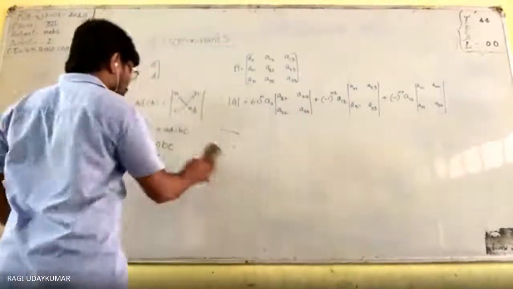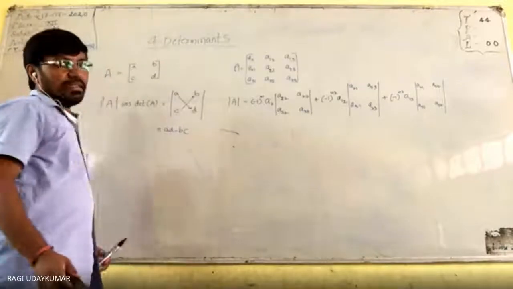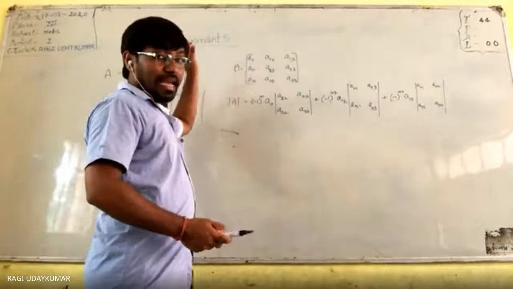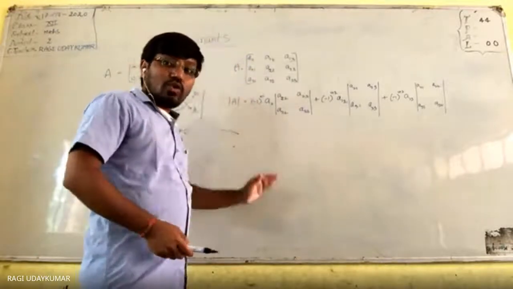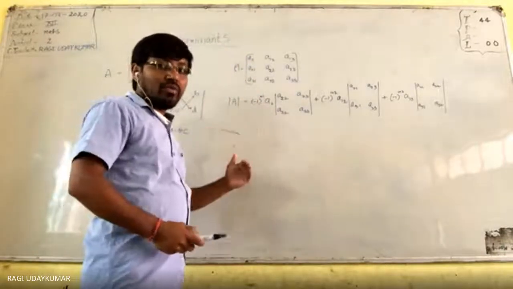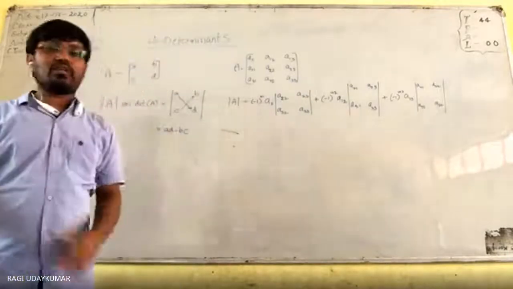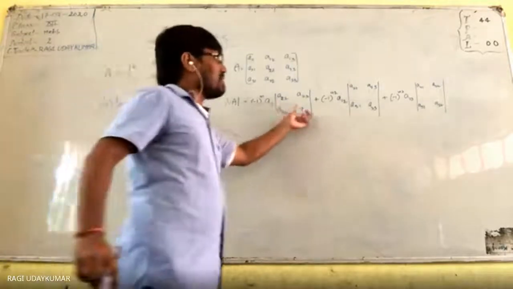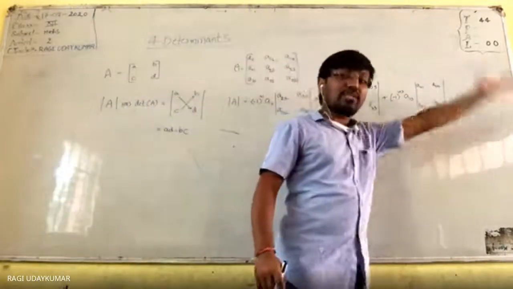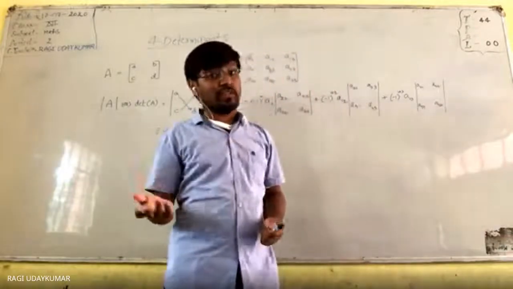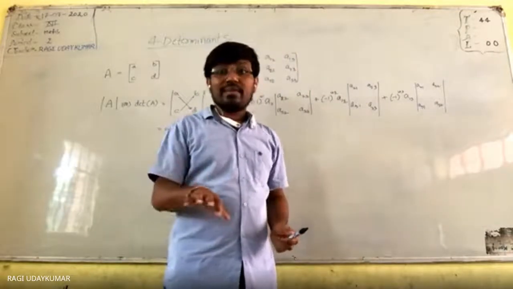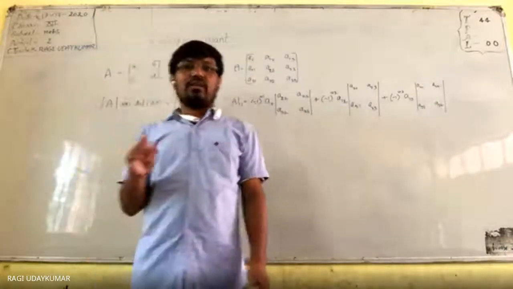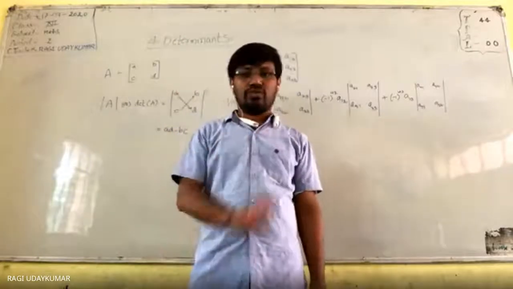Even if you take a 4 by 4 matrix, you are going to get the determinant. But every element should be multiplied by its row and column cofactor. By deleting that row and column, whatever new matrix you get, its determinant should be multiplied. A 4 by 4 matrix will reduce to 3 by 3 matrices, four of them. And each 3 by 3 matrix's determinant you need to find again in this process. So finding a 4 by 4 determinant is lengthy, but you can find it.